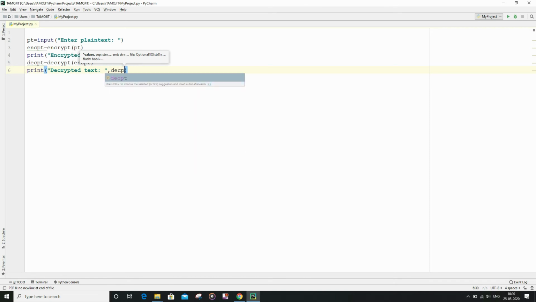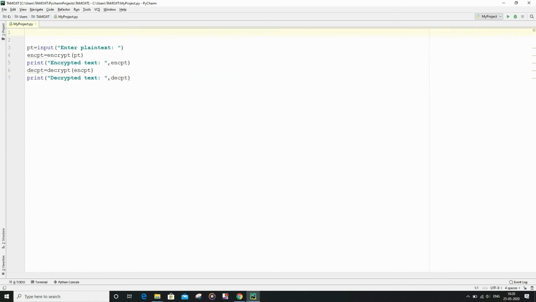So as you can see, I had created or printed the decrypted text, and now let us come to the main part, that is let us write the code for the encrypt function and decrypt function.